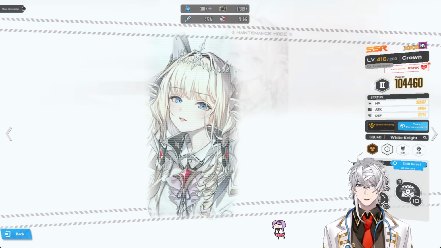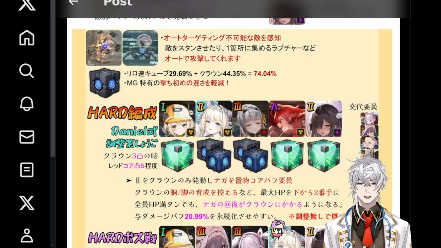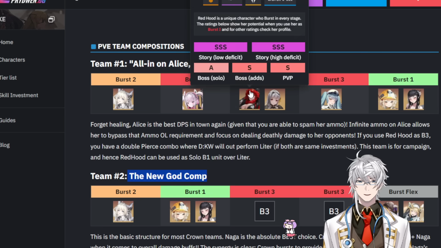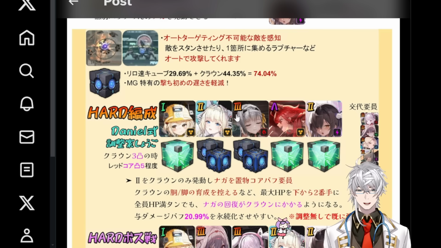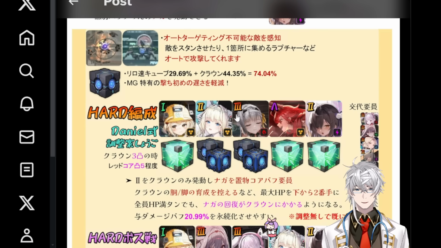So yes, these are the team compositions and the breakdown of crowns post-fix, especially the Royal Naga. The Royal Naga comp is just so damn strong. So let me know your thoughts, and hopefully you now understand the team building for crown and what Naga's fix means. Put crown in position 1, that's the most important thing, and make sure that you have Naga, of course,